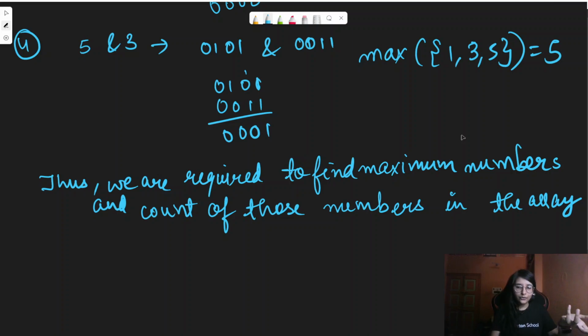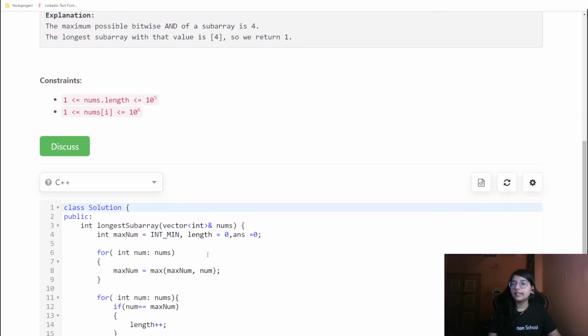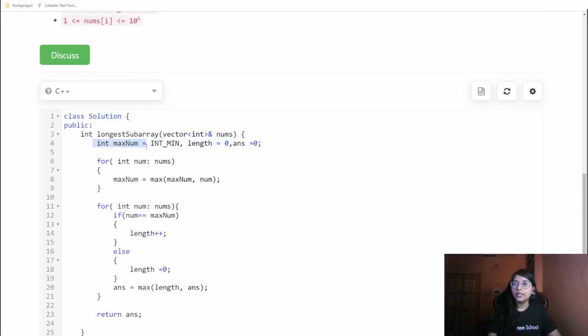We are directly required to figure out the maximum numbers, basically the maximum elements in that array, right? So it would be straightforward coding only. So here is how we are required to code. Here I am maintaining an